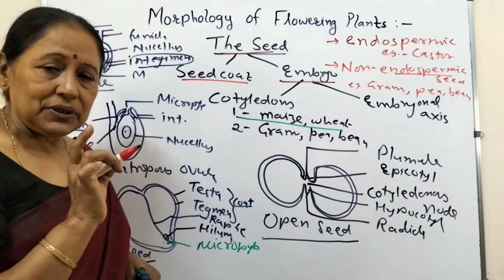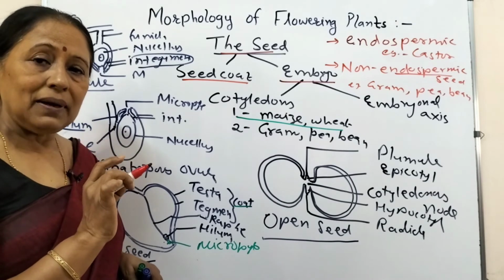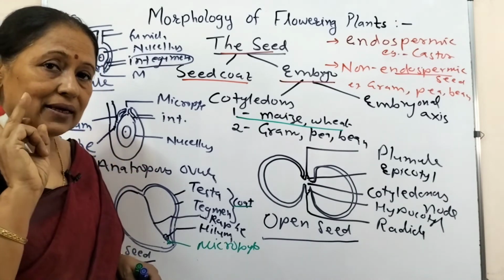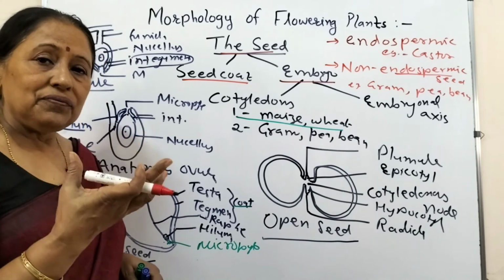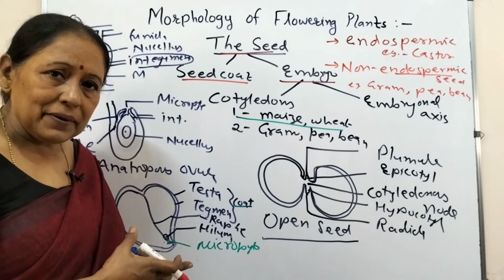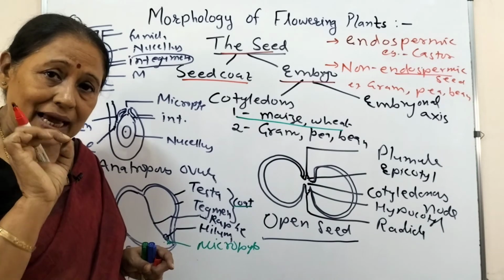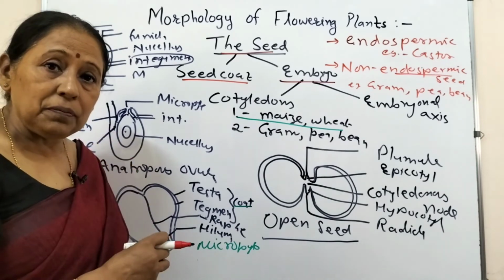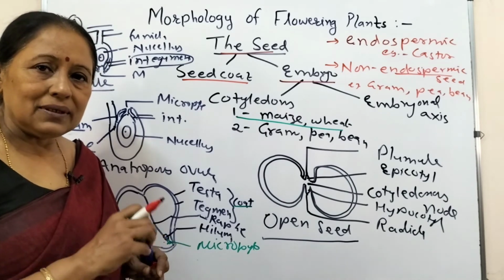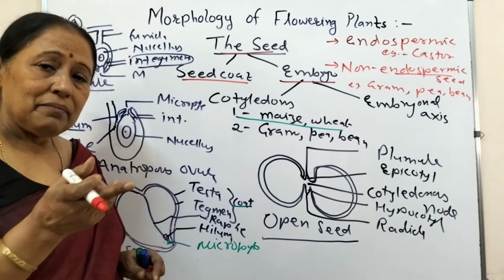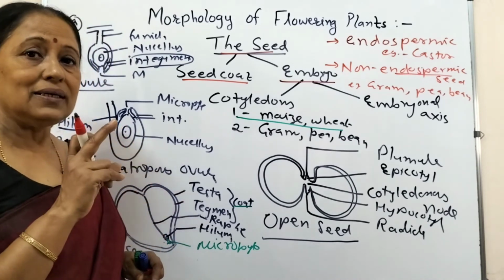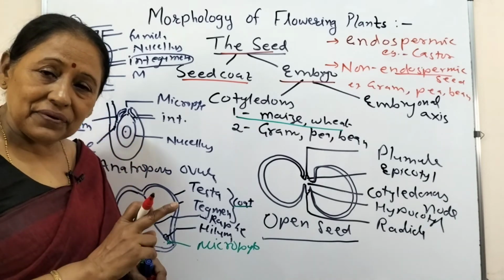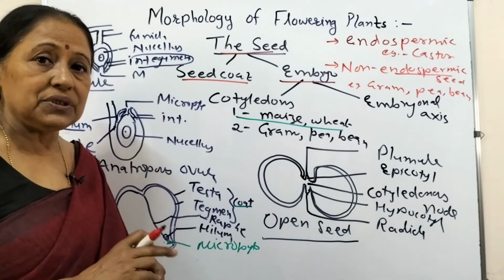Double fertilization, children. In case of flowering plants, there is not just one fertilization in which only one zygote is formed, from which the future plant is going to be formed. In case of human beings also, only zygote is formed. But here, a nutritive tissue is also formed, that is endosperm. There is double fertilization. By one fertilization called syngamy, the embryo is formed, and by another fertilization called triple fusion, endosperm